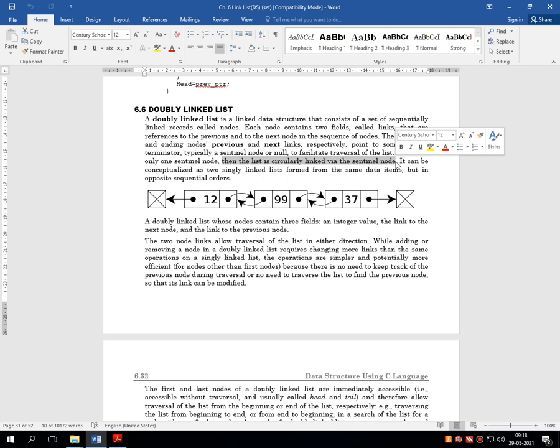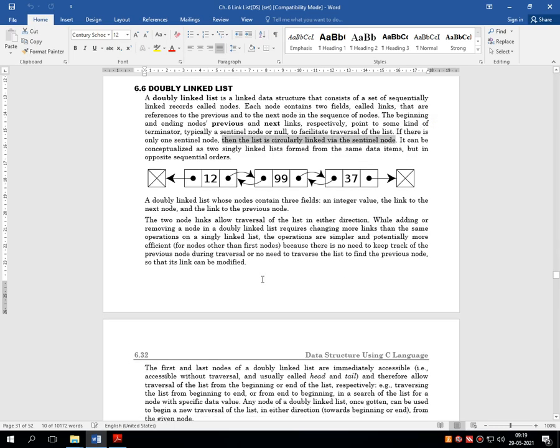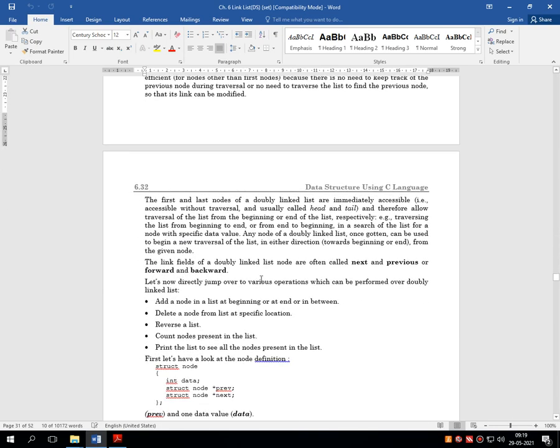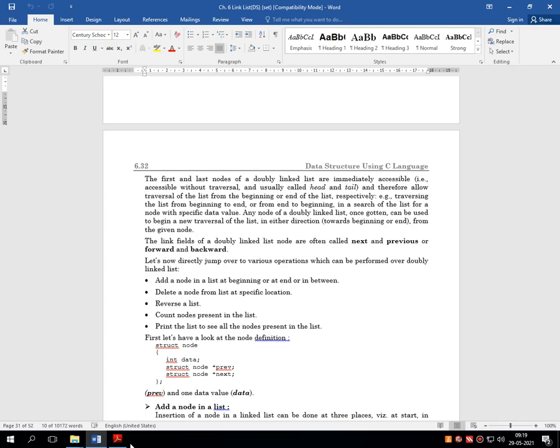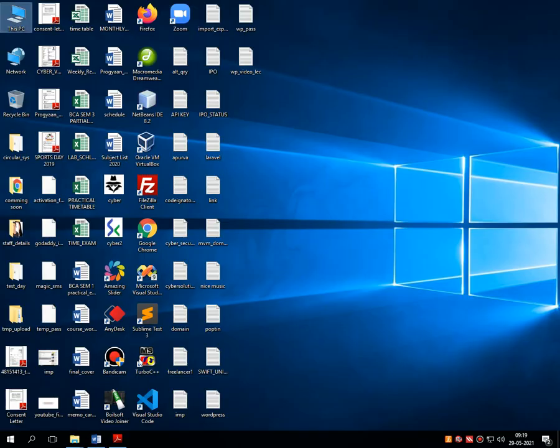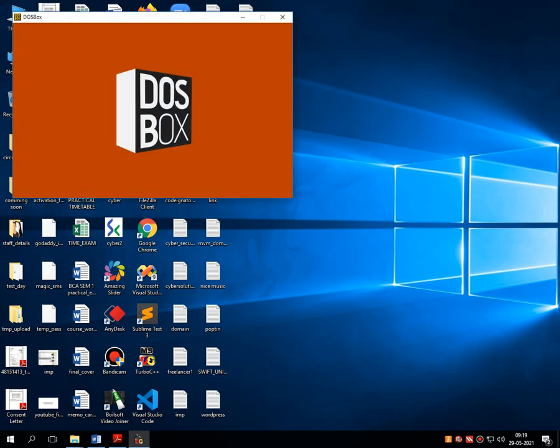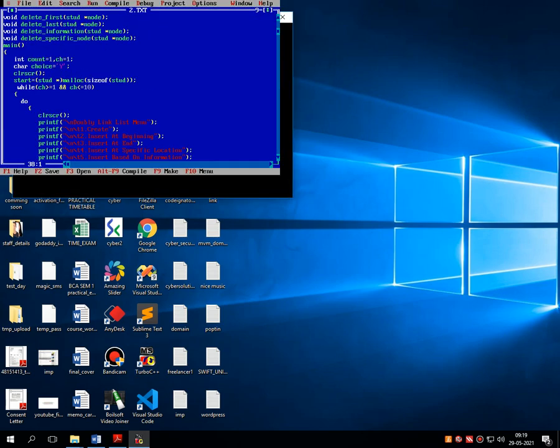Now, as far as the practical is concerned, we have to implement one code which demonstrates all these functionalities. So let's see that particular code first. This is the code.